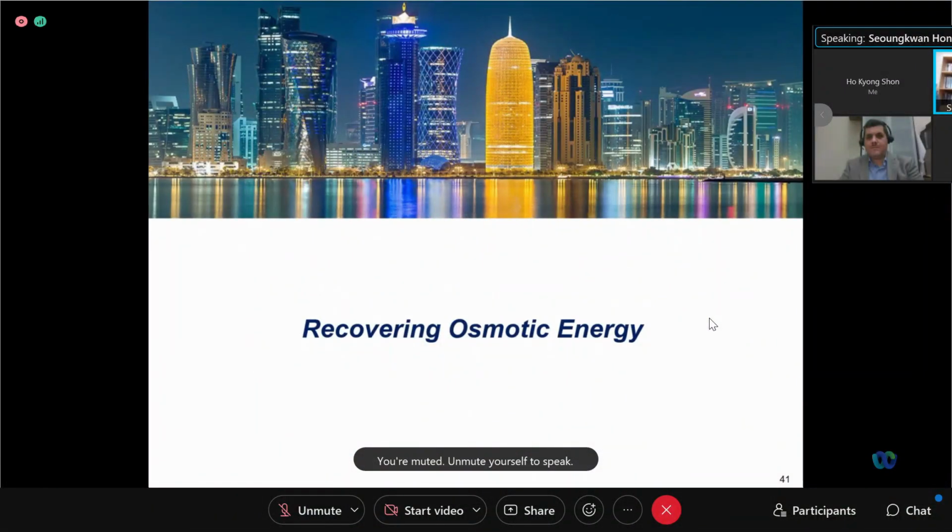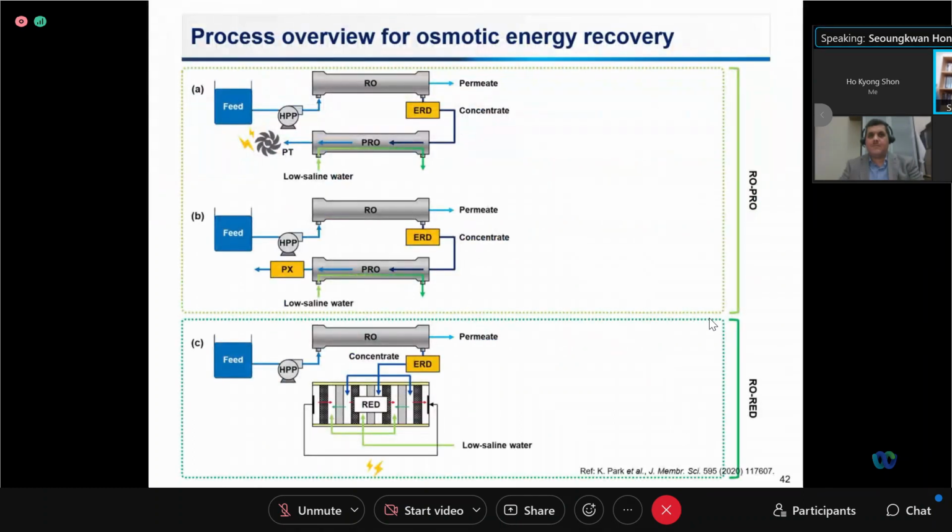Lastly, reducing and recovering osmotic energy. The fourth step